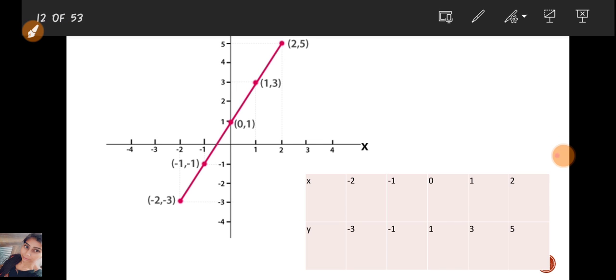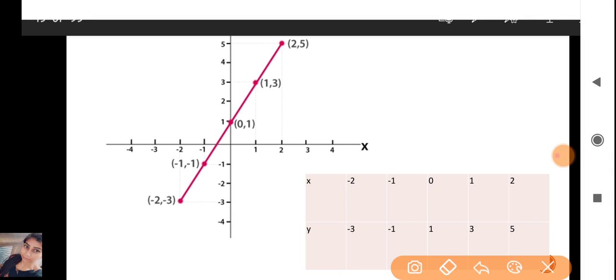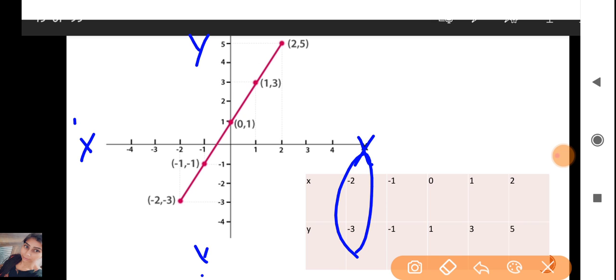So just see one example. You can see some values are given here for x and y axis, and I have drawn this for x. Let us start from -2 and 2. So you can see the very first step is you need to assign the values on the x-axis and y-axis. I have taken the different values 1, 2, 3, 4, and now again on the same thing I have taken -1, -2, -3, -4. This is called x dash. This is my y-axis. This is my y dash. The negative value of y will always lie below, and the negative value of x will always be on the left hand side on the x-axis.